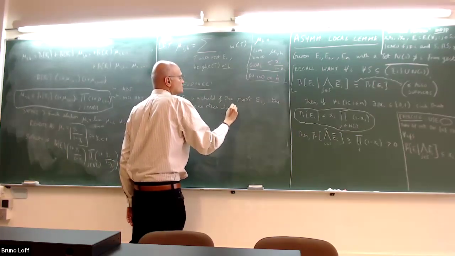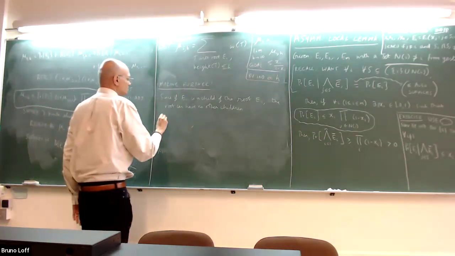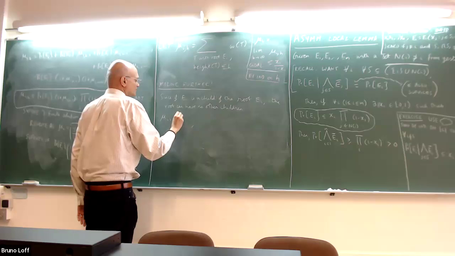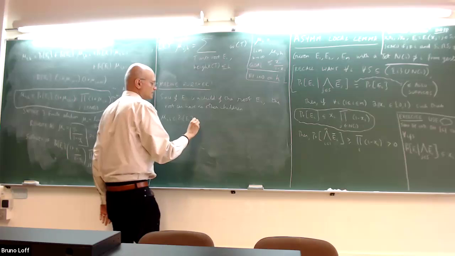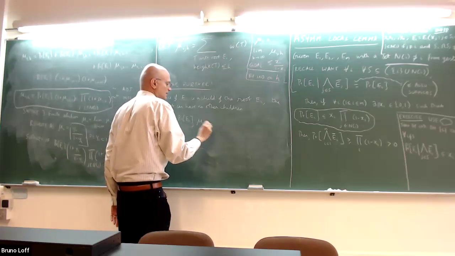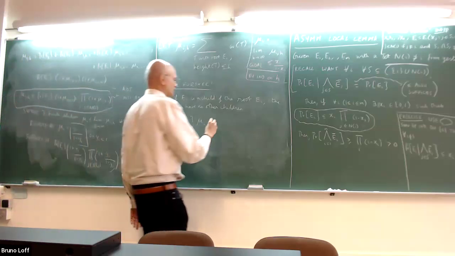You can improve this recurrence by splitting them into these two cases. So either E_i was a child of the root, or it was not a child, in which case